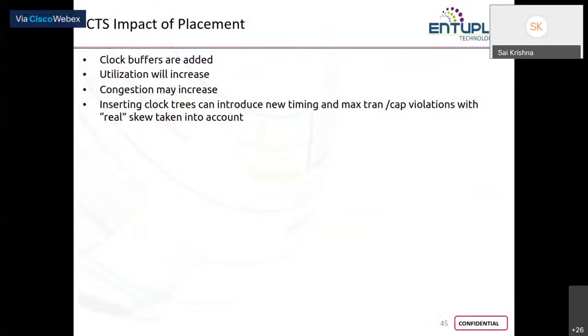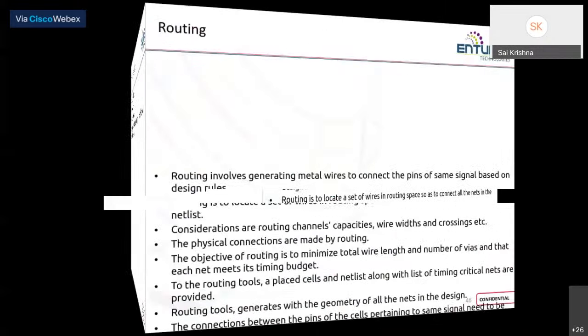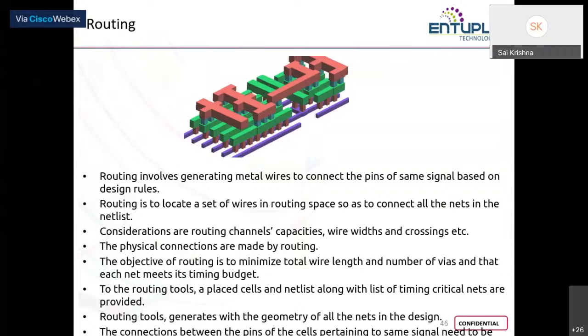So what are the impacts of CTS on placement? Here, some extra buffers are added, utilization increases. There could be congestion, which also has to be checked. And then the last stage in physical design is your routing. So as I earlier said,